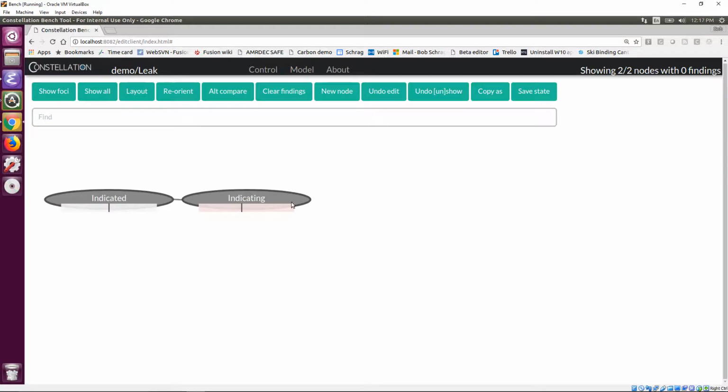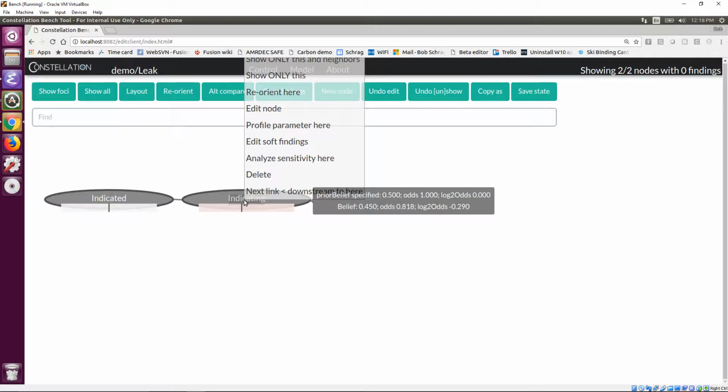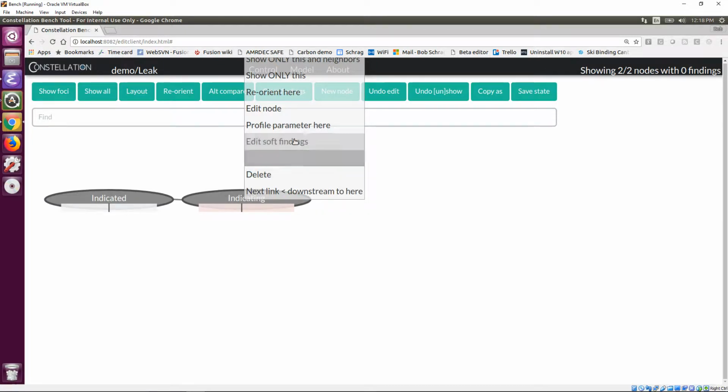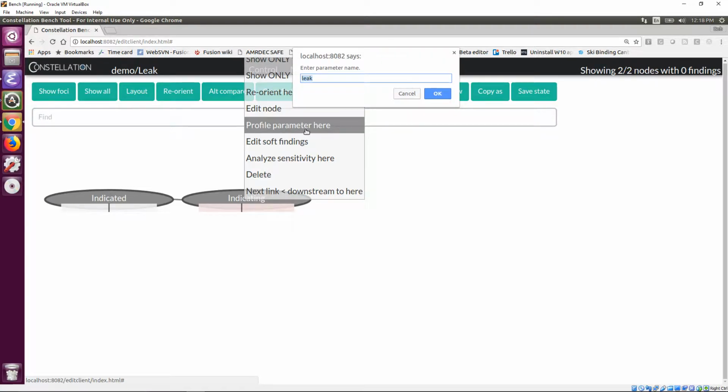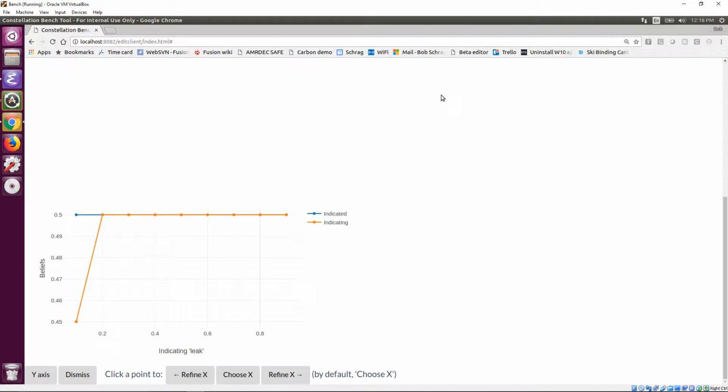Okay, so now that I've done that, I can right click on this node. This happens to be an indicating node. Well, it has a parameter I can profile, so it's actually going to make a suggestion for me. Because it's an indicating node, it's going to suggest leak. We could have chosen one of the other parameters mentioned in the documentation for indicators here, but we're going to go with leak. That's a common one we might be interested in. And I'm going to say OK, and right away,